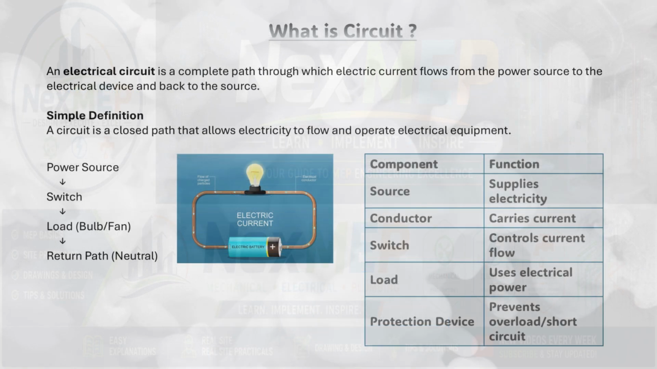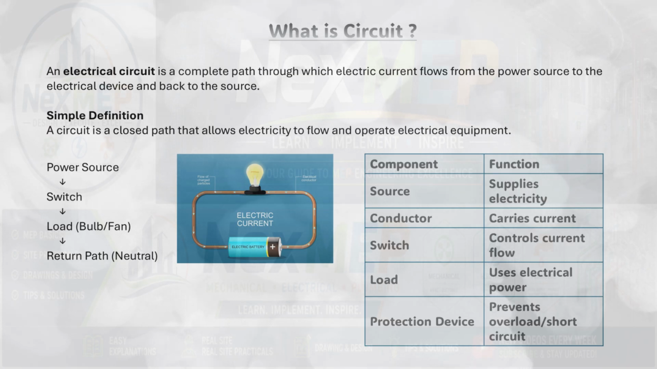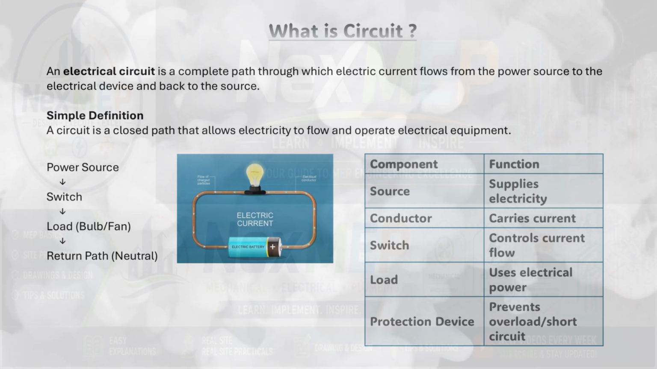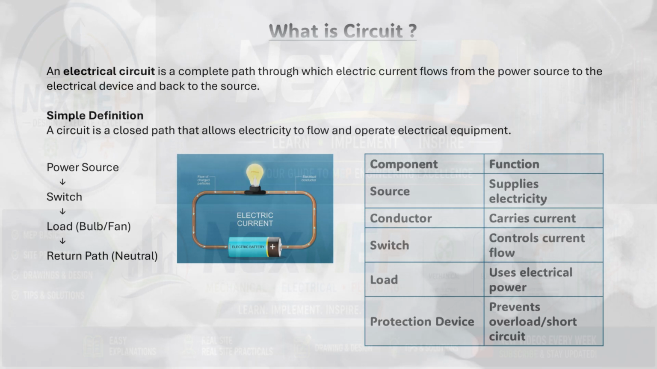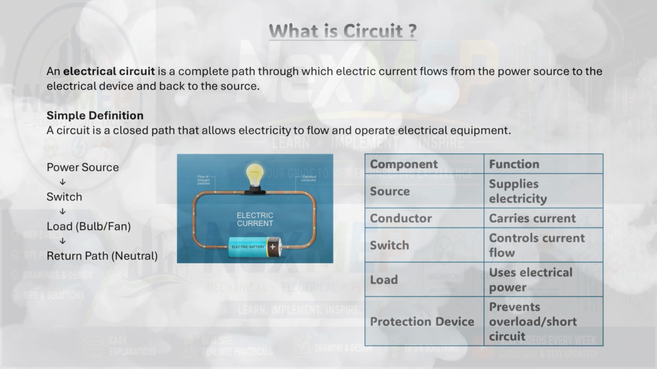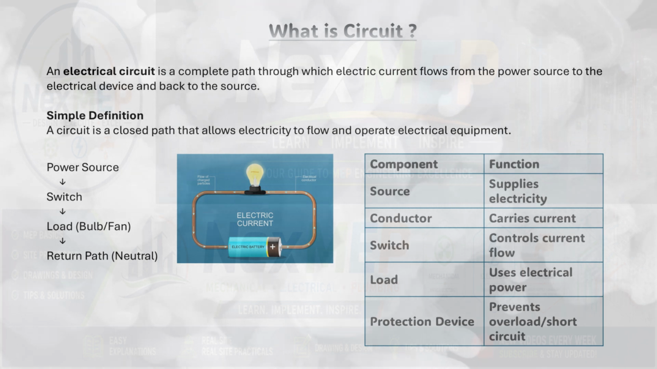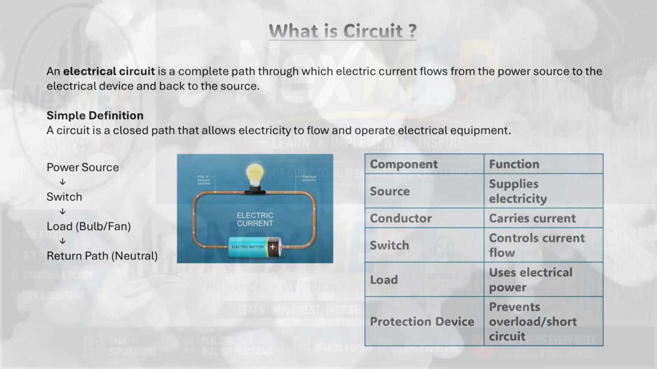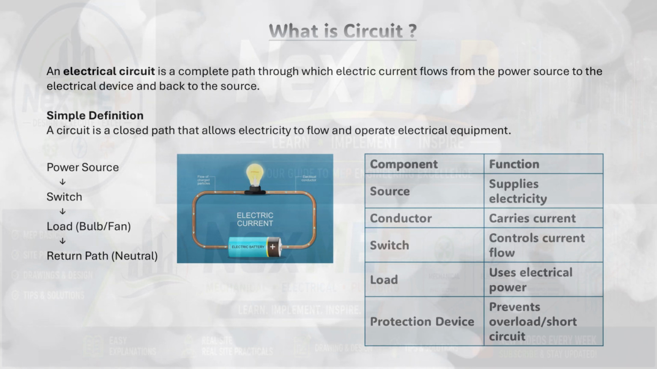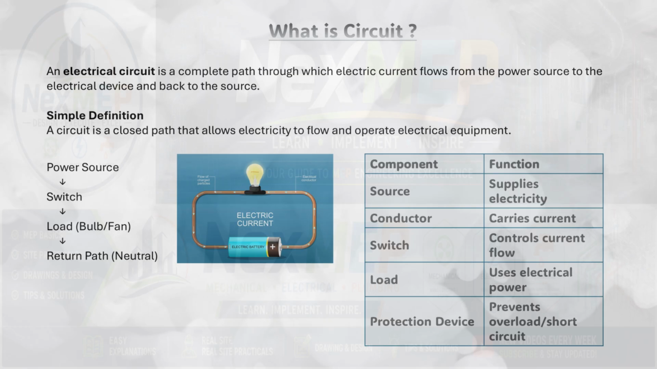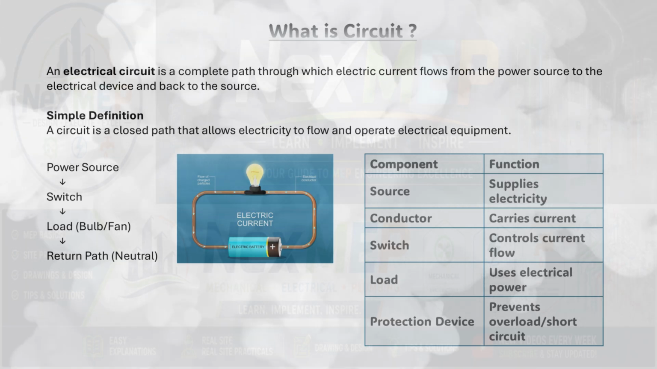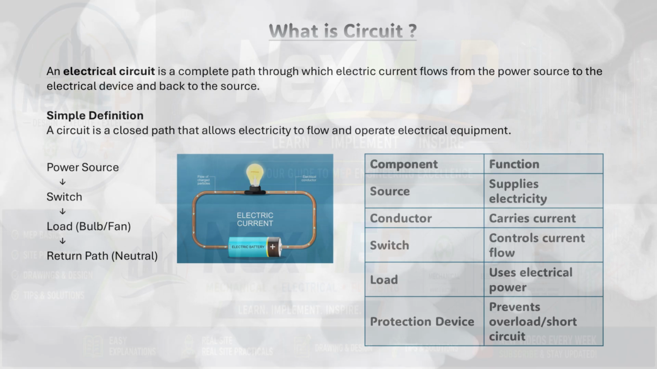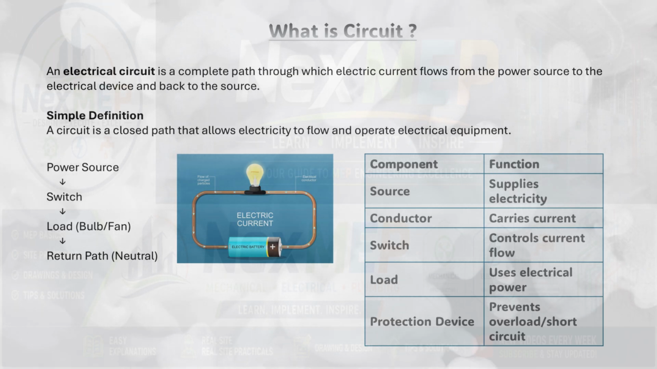Now let's understand what an electrical circuit is. An electrical circuit is a complete closed path through which electric current flows, from the power source to the electrical device and back to the source. Simple definition: a circuit is a closed loop that allows electricity to flow and operate electrical equipment. The flow path is power source, switch, load, bulb or fan, return path, neutral, back to source. Main components of every circuit. Component, function: source supplies electricity; conductor carries the current; switch controls the current flow; load uses the electrical power; protection device prevents overload and short circuit. Remember, if the circuit is open or broken at any point, electricity will not flow and the equipment will not